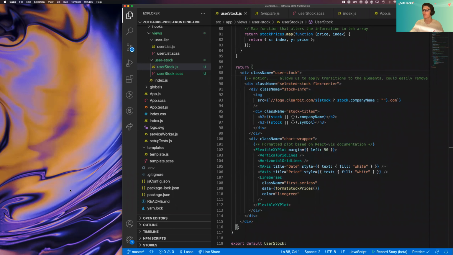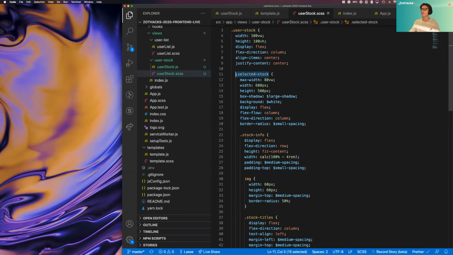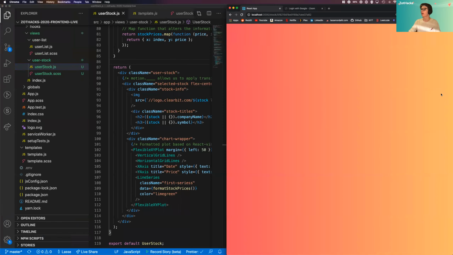And why did we include the class name attributes? The class name attributes tell what classes style based on the classes that we have right here. So we have the selected stock and stock info. This piece of information we have right here. So just to kind of show how this behavior is working. It looks like I broke my code because I like reset master or something. So I'm sorry, I can't live demo that right now, but